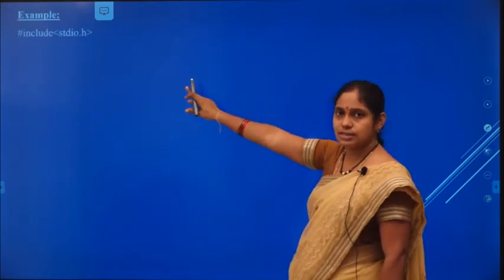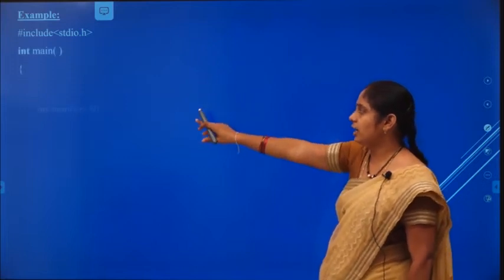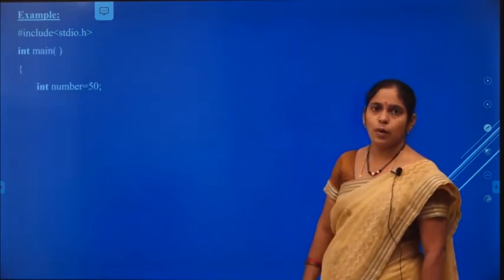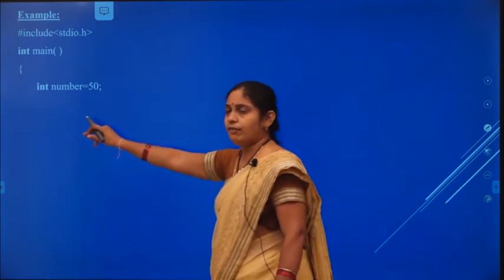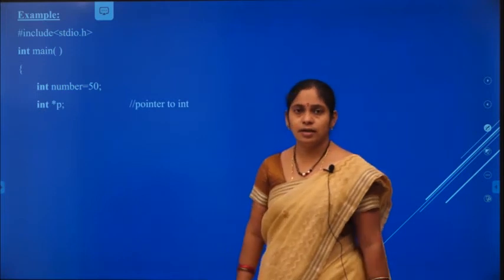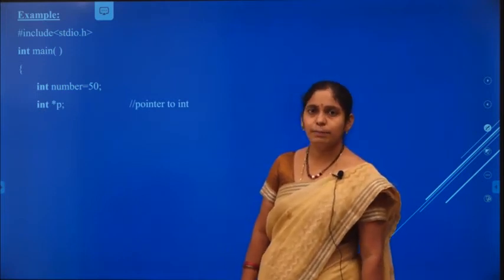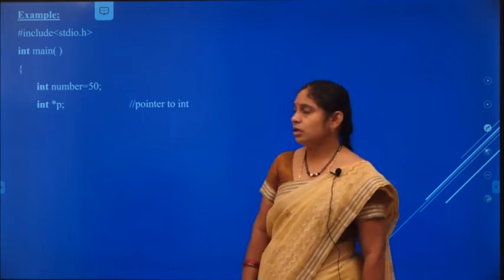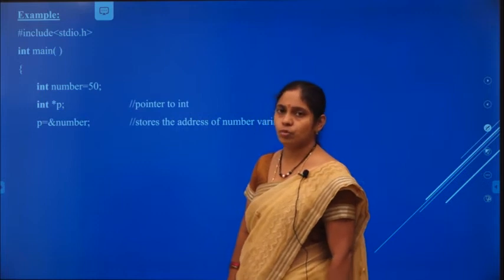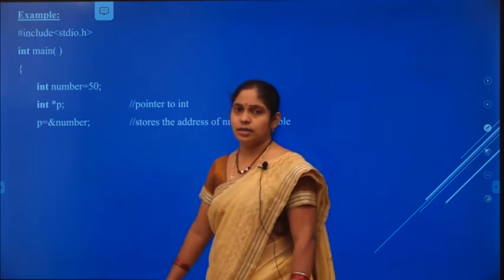We take the standard IO header, the main function and the variable declarations. One integer variable number equal to 50, and one pointer variable, and we initialize it: p equal to ampersand number, pointing to that number.